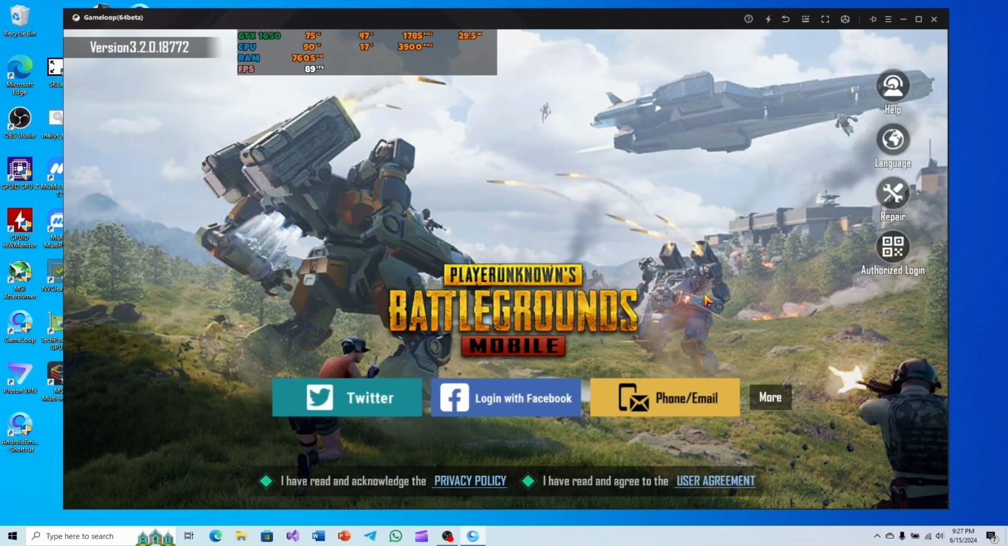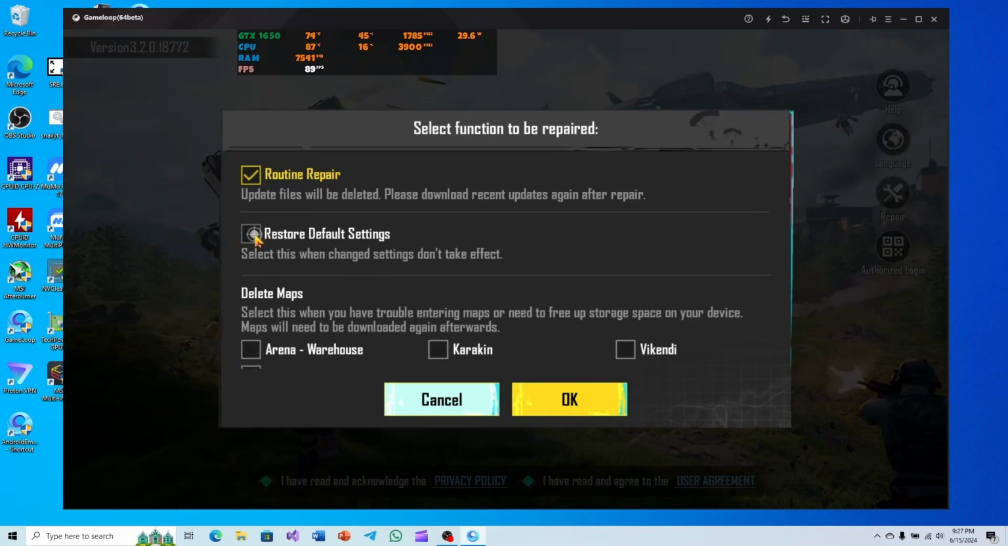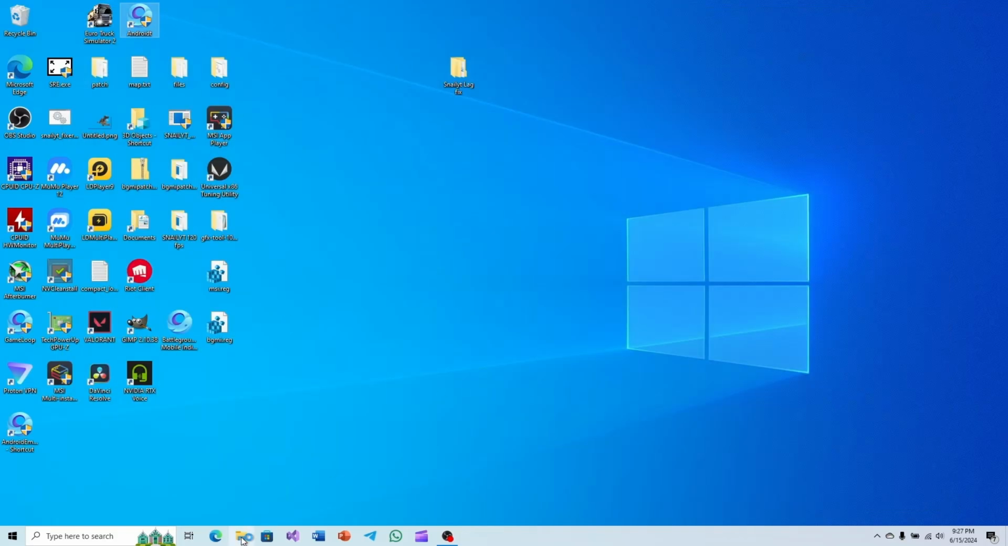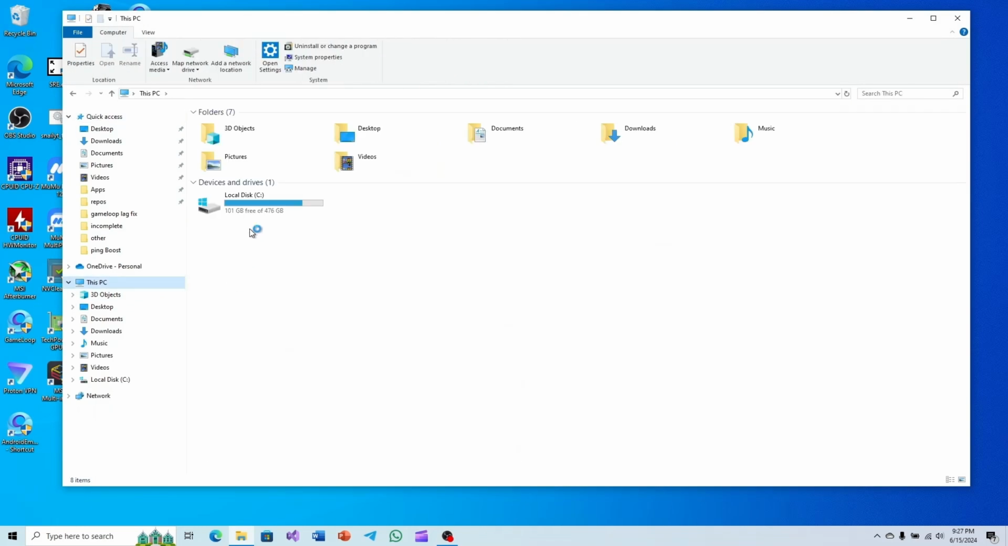Make sure to hear this properly. After logging out, go to repair. Tick both the options and click on OK. After that, it will show client repaired. Please restart the game. Don't click on OK. Just close this here. And after that, go to the GameLoop installation directory,